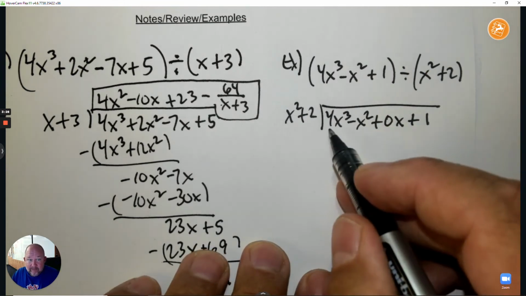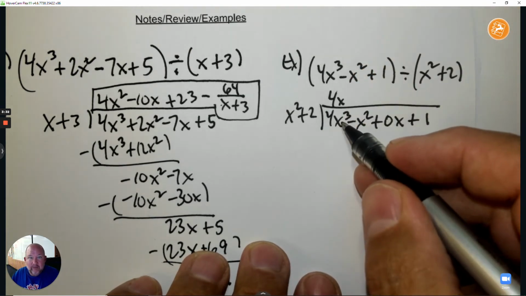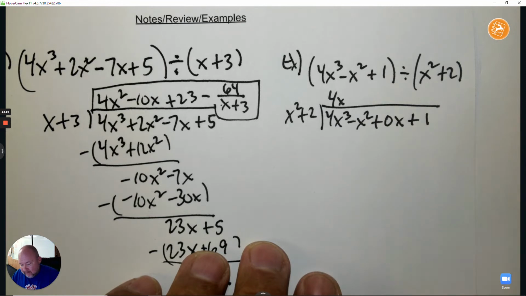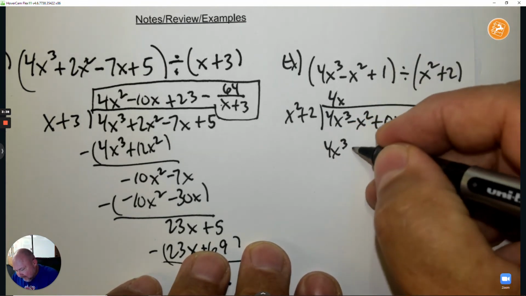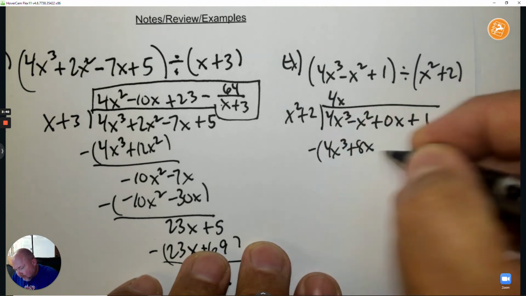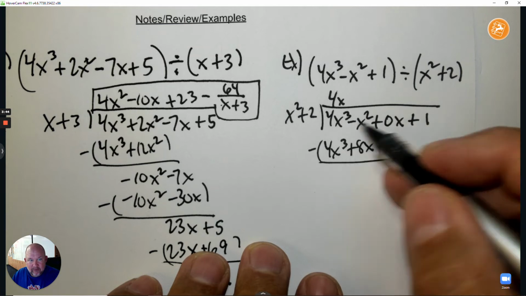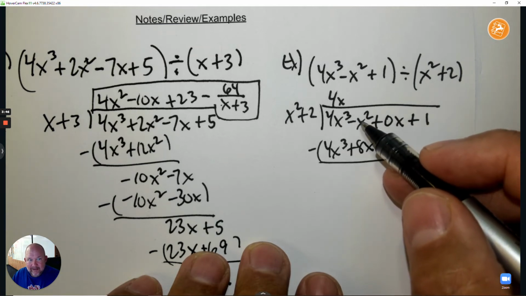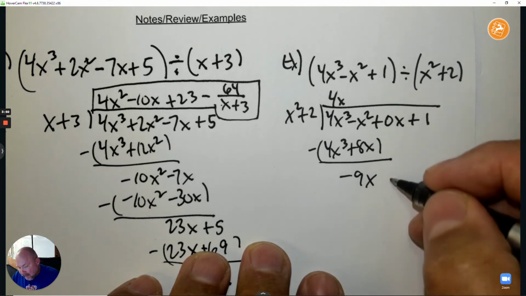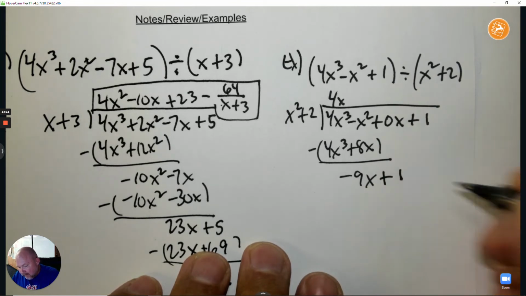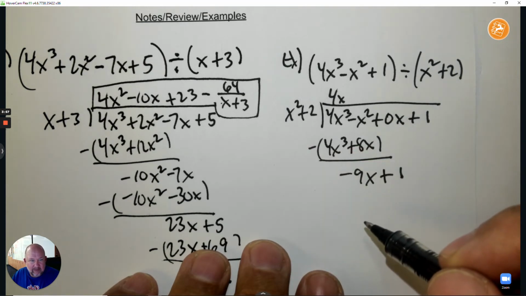And then we divide. So 4x cubed divided by x squared, that's 4x. Then multiply. That's 8. Subtract. Be so careful when you're subtracting. The 4x cubes cross out. Negative 1 subtract 8 is negative 9. We have a 0x. I'm just going to bring down the 1 because when I divide here and see it,